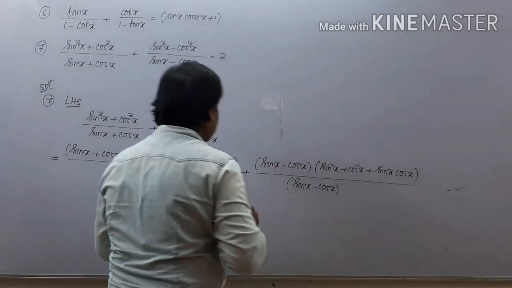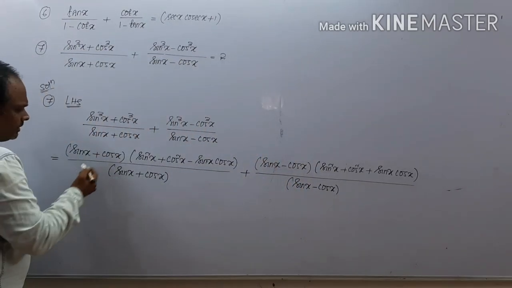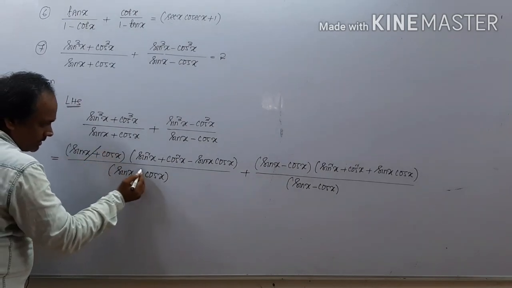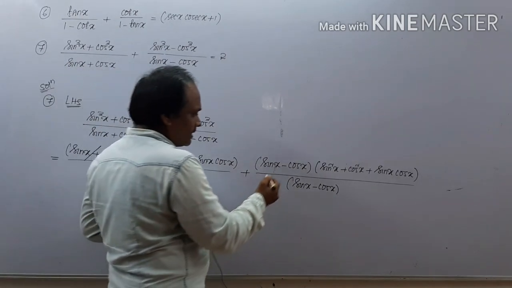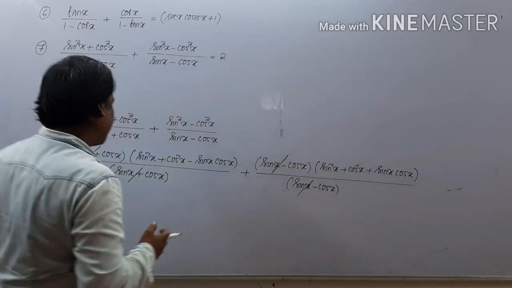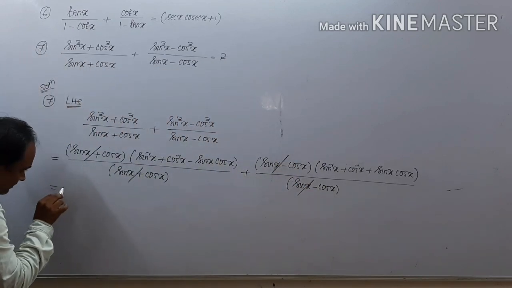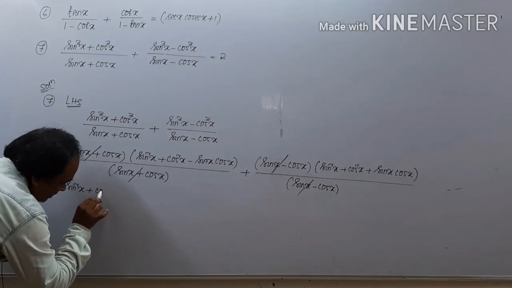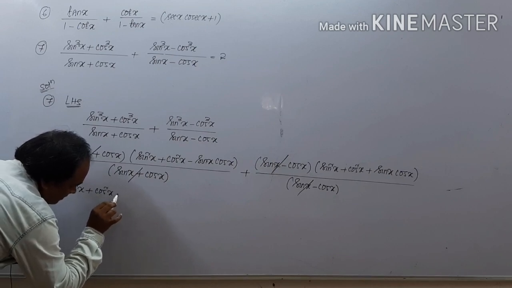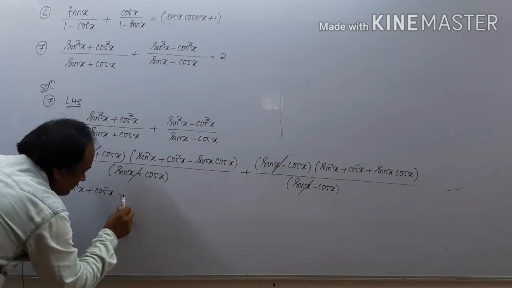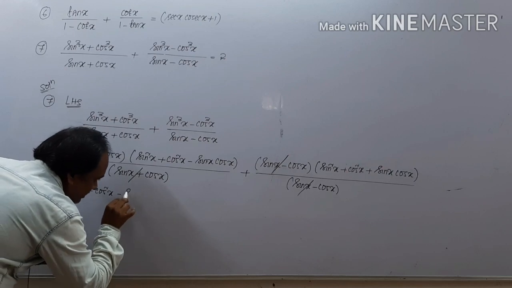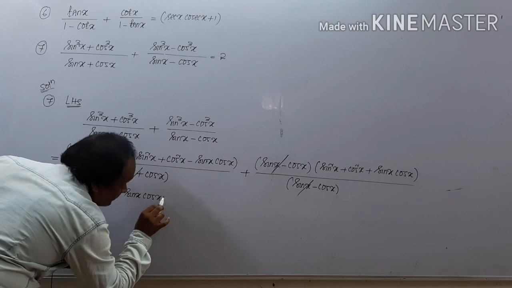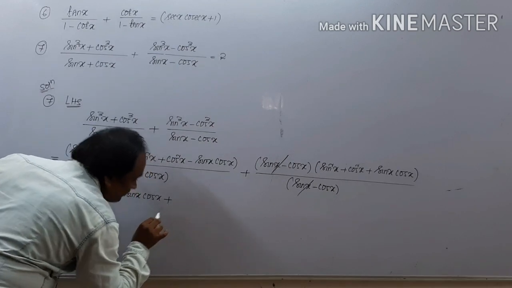Cos x. So see that here we have sin x plus cos x, in the denominator also sin x plus cos x. So clearly these two terms will cancel out. Similarly here also these two terms will cancel out, right? So what is remaining? The remaining is sin square x plus cos square x plus, not plus here, minus is present, minus sin x into cos x,